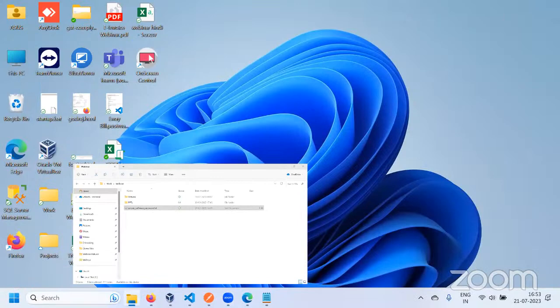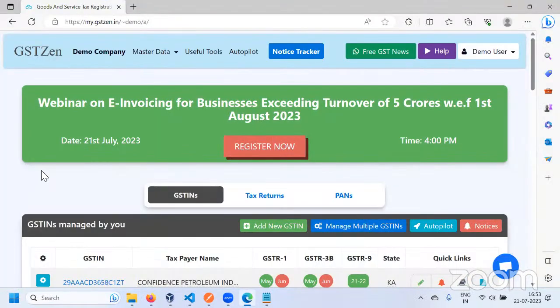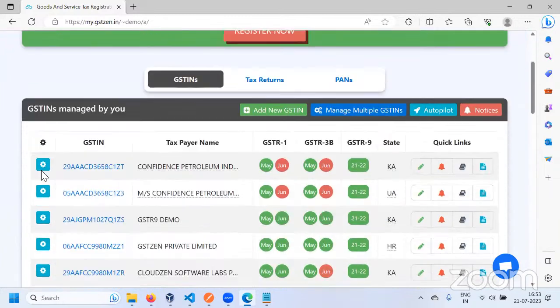Let me know if you can see my screen. Okay, so this is the landing page of GST Zen. As soon as you click into GST Zen and go, this is the first page that you would see, and it has a brief